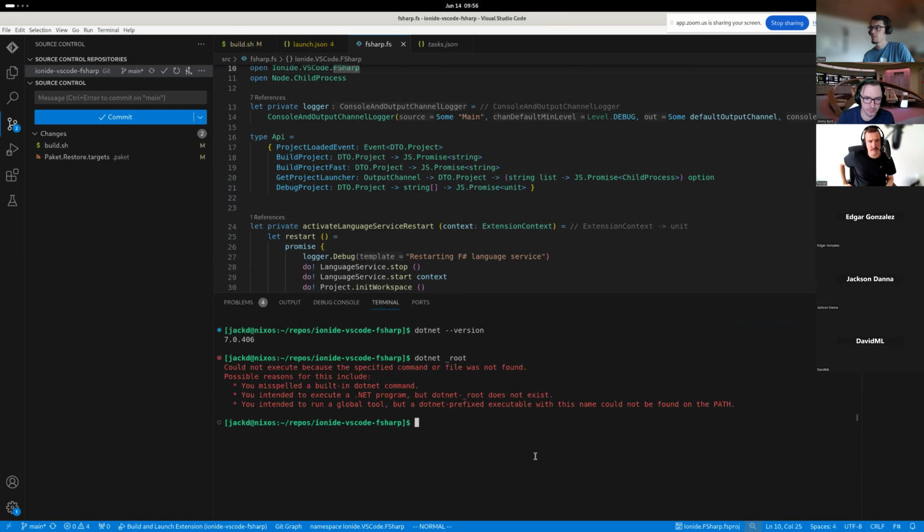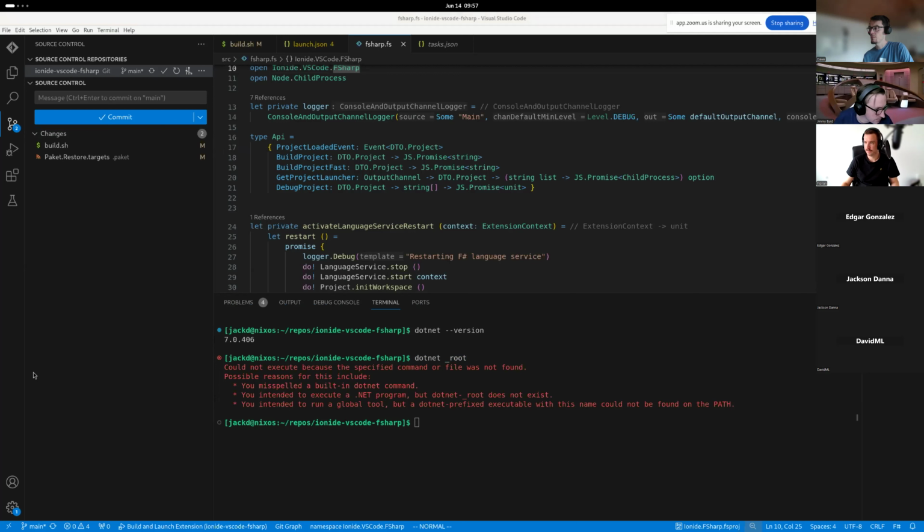Something like setting DOTNET_ROOT, everything in all caps, and that's the environment variable. So basically pointing the path towards it. Yes, exactly. Let me remember how to do that on Linux.